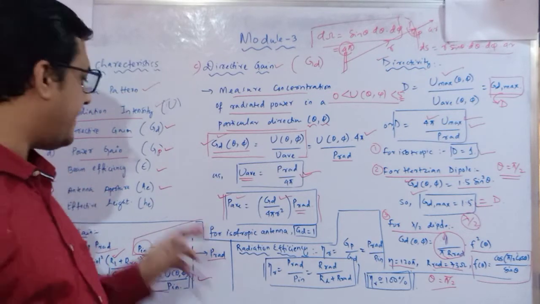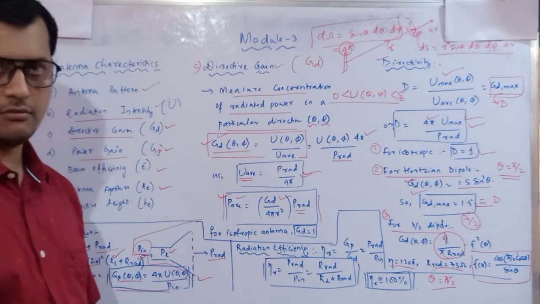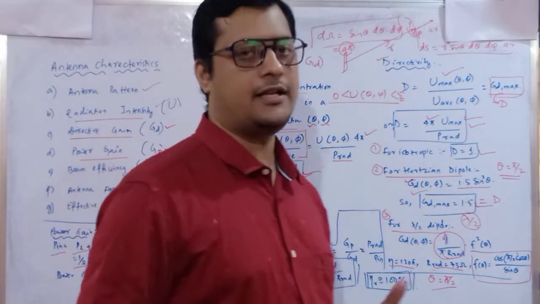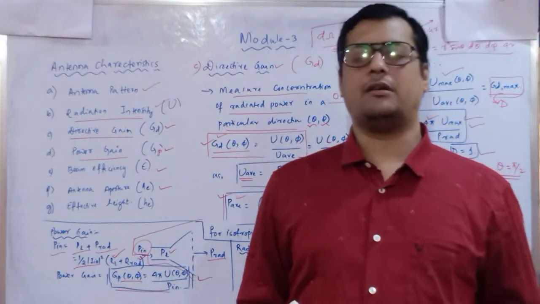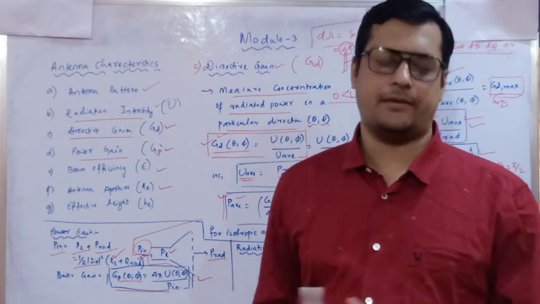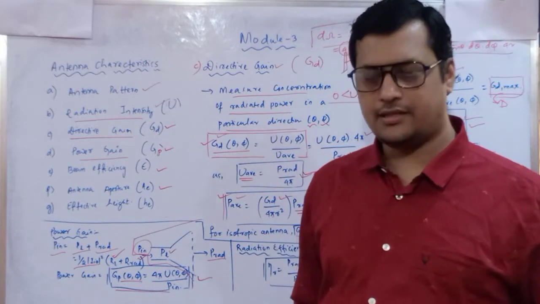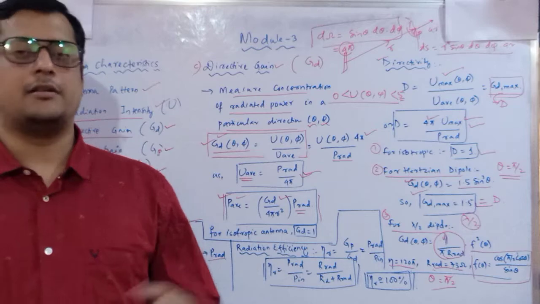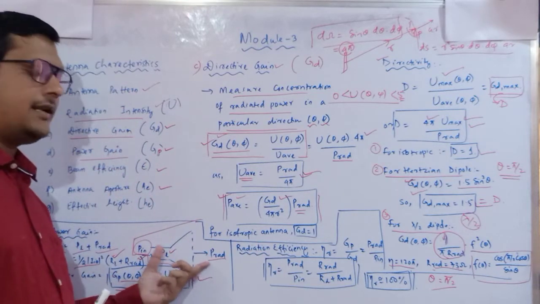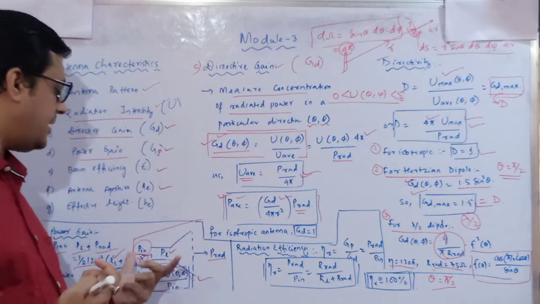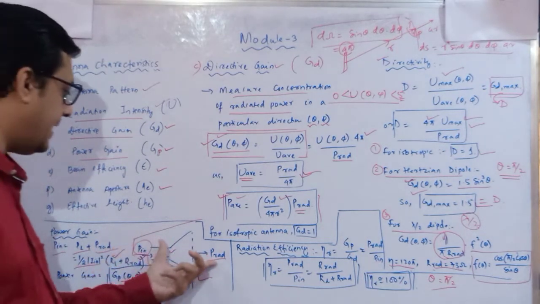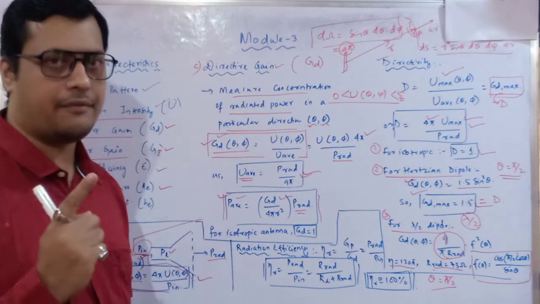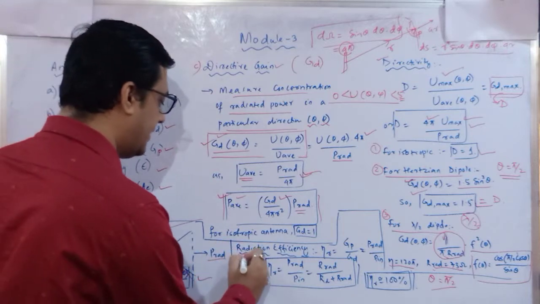Now once a device is identified, we have to measure the efficiency also, because depending upon the efficiency we are going to use it. If the efficiency is good, then only people will buy a particular device. If the efficiency is not good, nobody will purchase that device. Now, how to measure the efficiency? Efficiency is measured as the output power with respect to the input power. In this device, the radiated power is the output power and P in is the input power. So the ratio of radiation with respect to input is called the radiation efficiency.